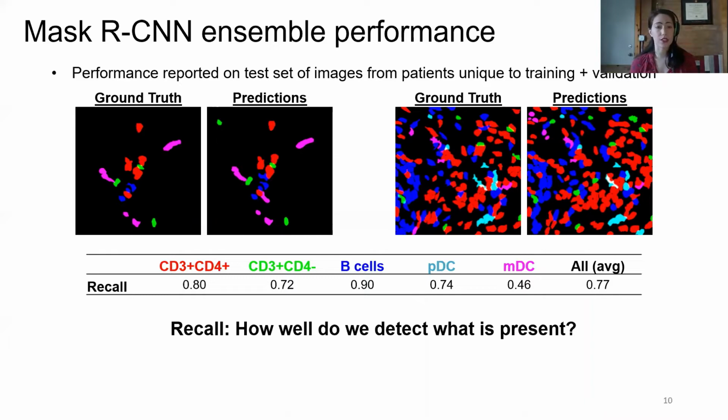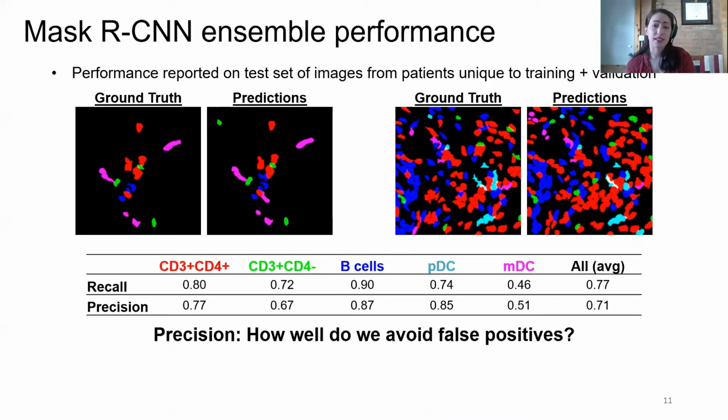But you can see here that the network does a pretty good job of detecting these cells in dense regions of infiltration. So the first metric that we want to look at is recall, which is specifically how well do we detect what is present. It's analogous to sensitivity. And so we do a pretty good job with our lymphocytes and our PDCs. Our MDCs are not as great. We kind of went back later. There is some channel bleed through with the CD4. So this is a panel that we maybe wouldn't use in the future, but